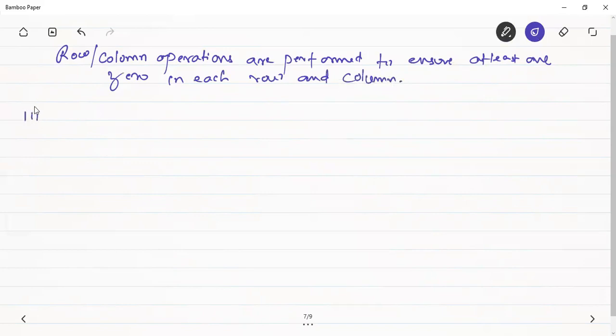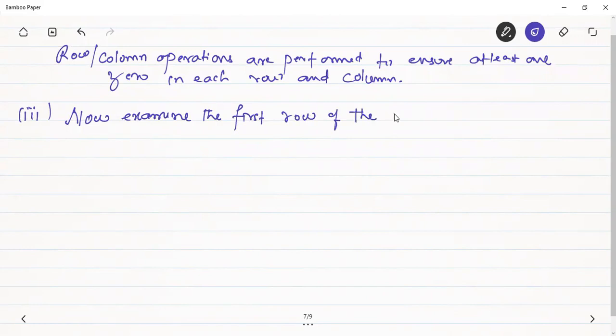Okay, now what is the third step after we do the column and the row operation? The third step is that now examine the first row। Okay, once we have got the reduced matrix after performing the row operation and the column operation, now examine the first row of the matrix that we got after the second step।